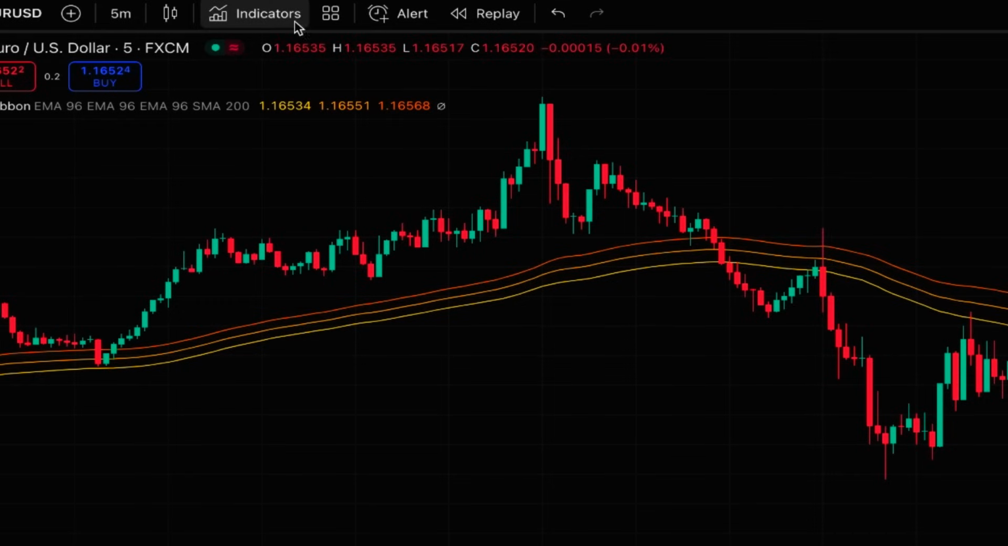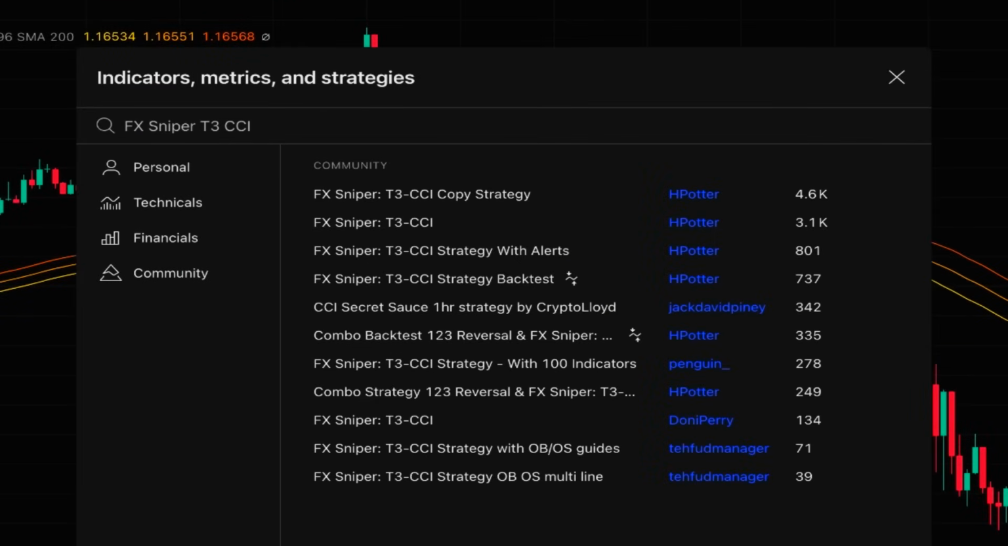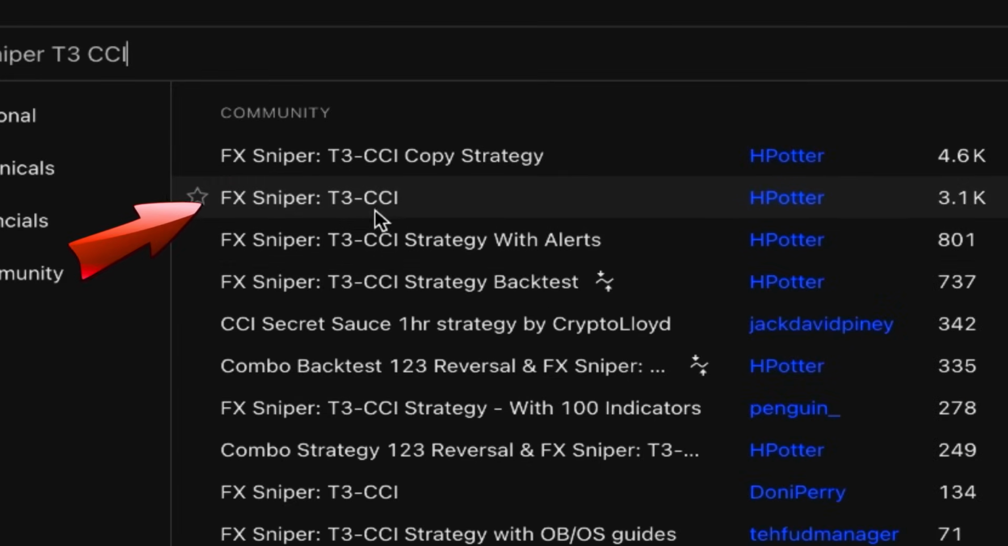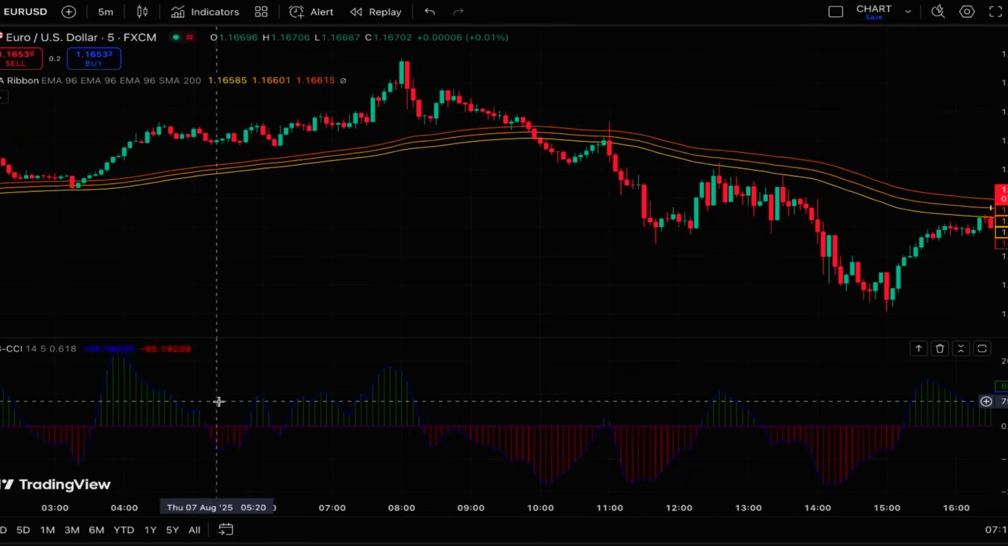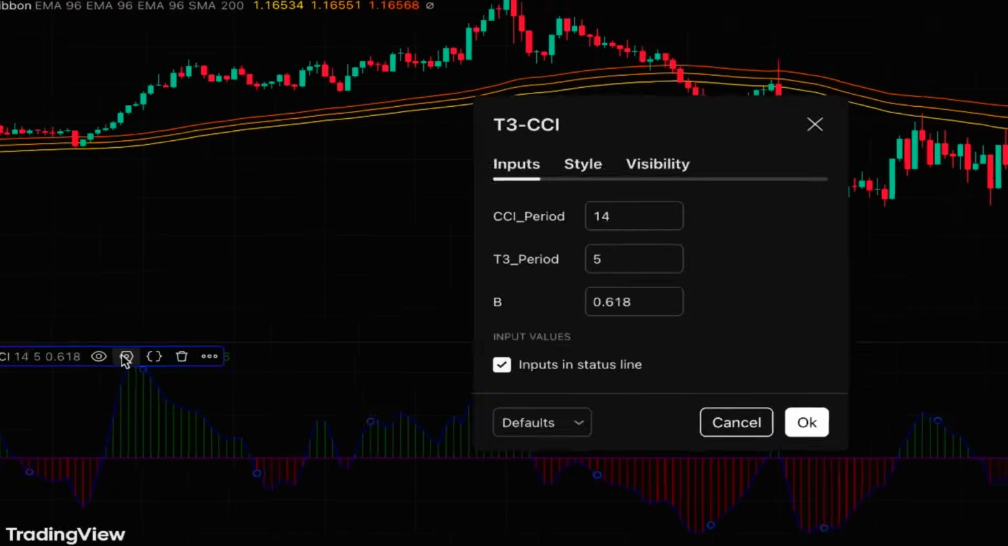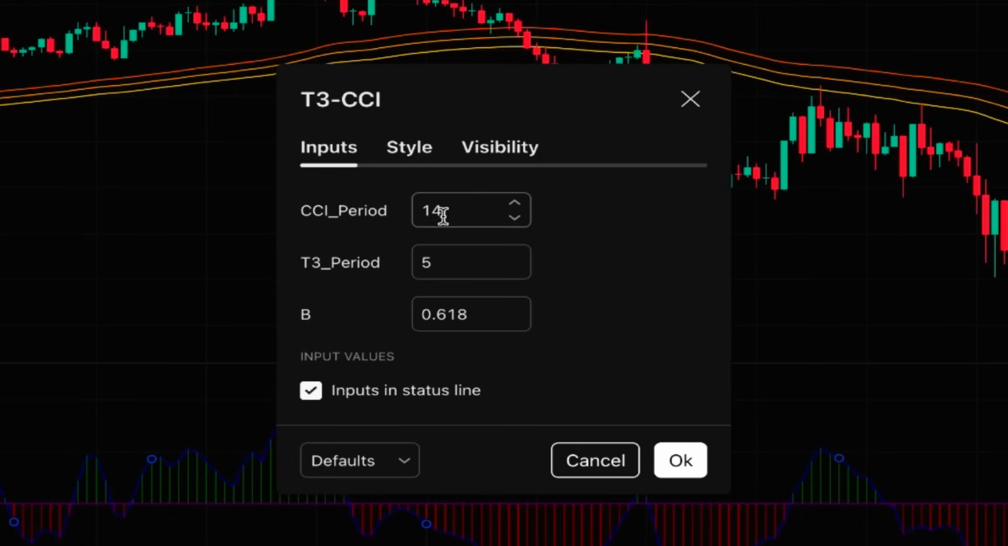Here again we click on indicators and we search FX Sniper T3 CCI. We add this one, which is written by H. Potter. Alright, this is the indicator and we need to change its settings, so we go to the settings of the indicator, and here for CCI period we set it at 35,